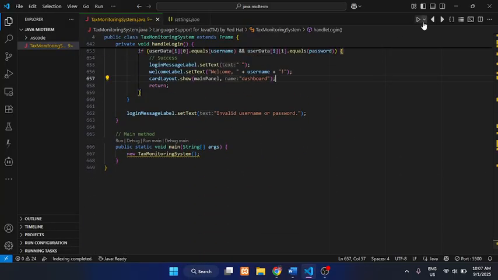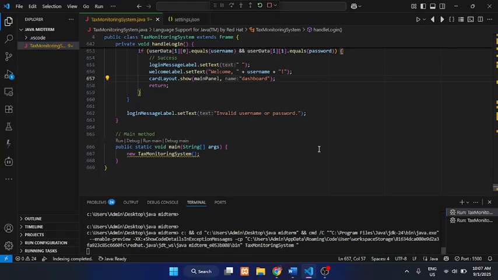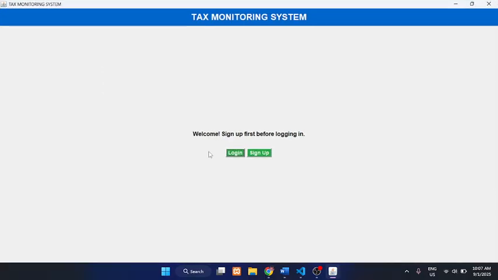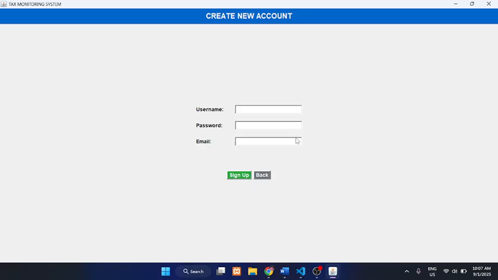Let's run the code. After running the code, this is the landing page of the system, the tax monitoring system, and then welcome or sign up before first logging in. It will give some notification. So first, sign up.